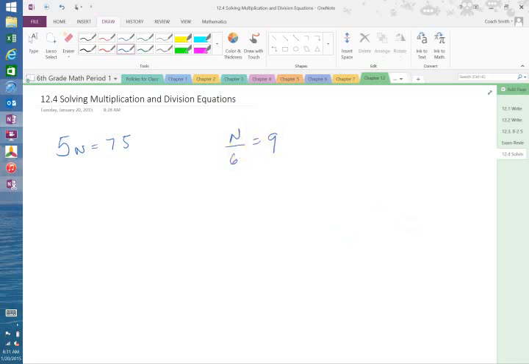with division. Okay, remember that this equation is the same thing as this equation here. Okay, those two are equivalent. All right, one's listed vertically, n over 6 equal 9. Other one horizontally, n divided by 6 equal 9. Okay, so understand that that's what we're doing on both of them. All right, now